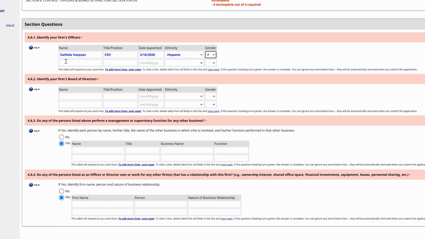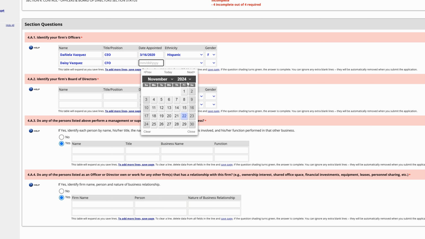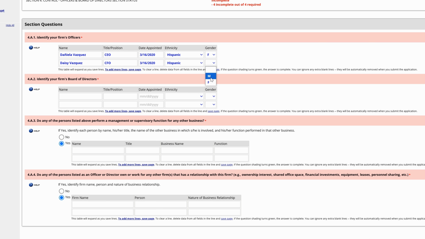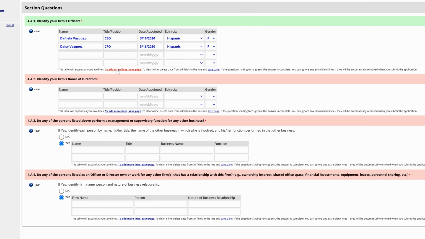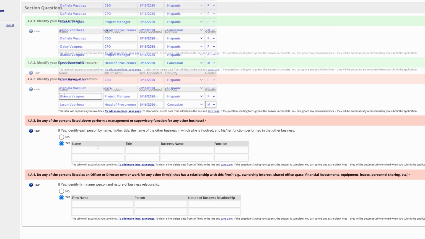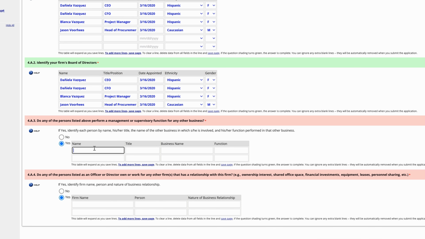If you are a sole proprietor or single-member LLC, just enter yourself. This information can be found on your tax return. Remember, whenever you need more space, just click Add More Lines. For your firm's Board of Directors, enter the same information as above. Again, if you are a sole proprietor or single-member LLC, just enter yourself and check No for questions 3 and